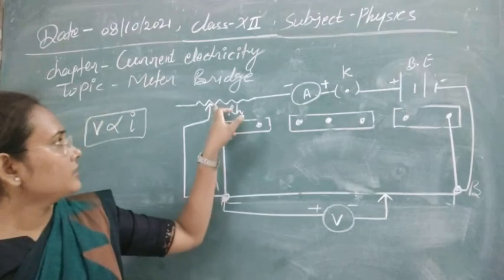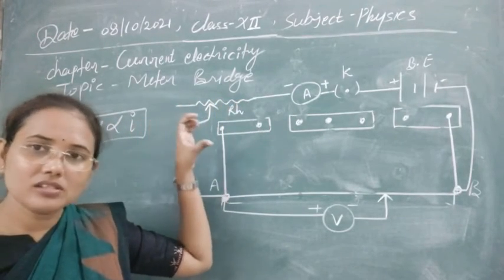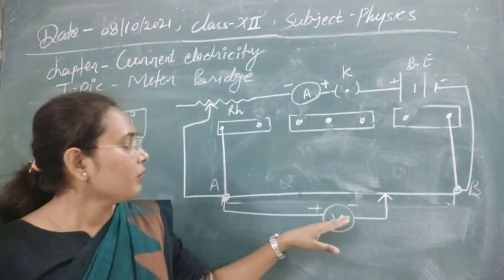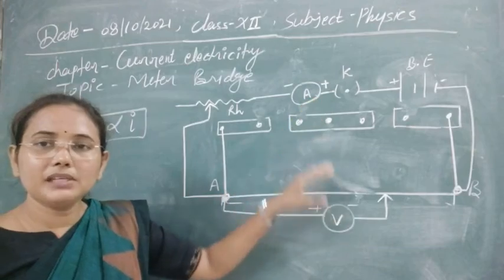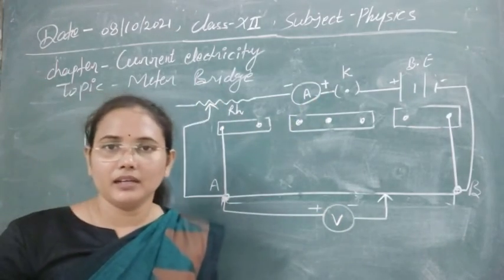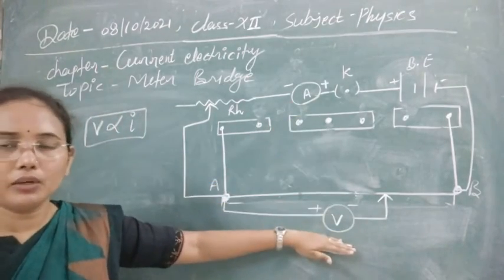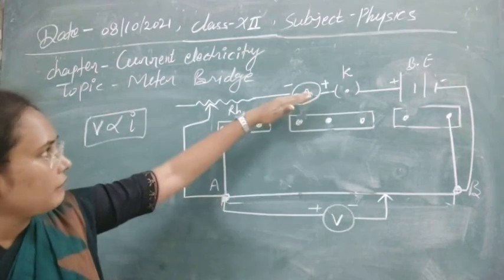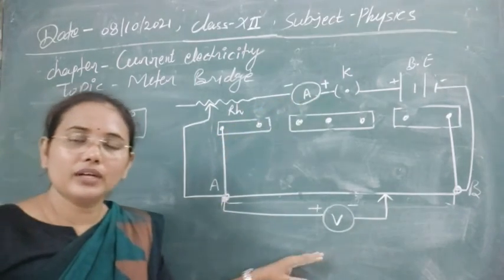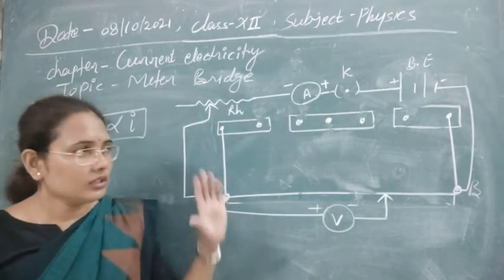After this, use the rheostat, move the jockey of the rheostat, and using that you can easily find out the value of potential. It means you can vary the potential by changing the resistance from here. Whenever you vary it, both the ammeter and voltmeter values will change. You will read both of the values, of the ammeter and voltmeter. So this is a chart.